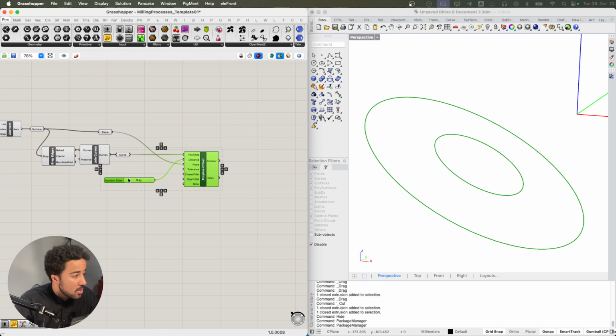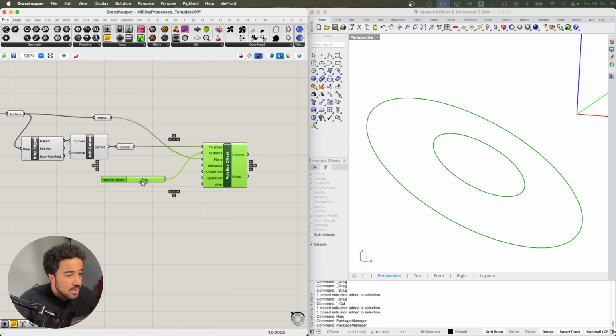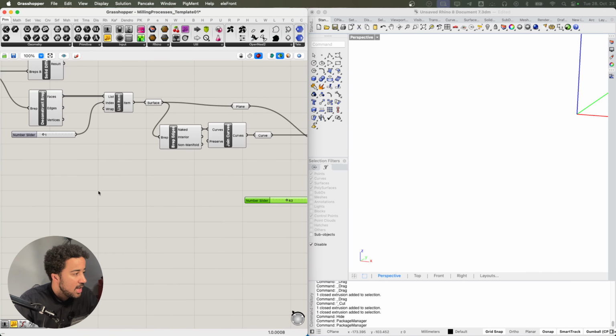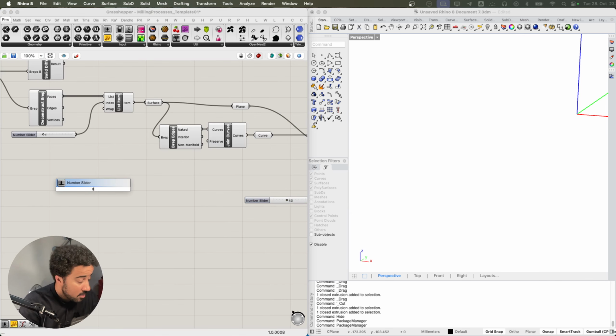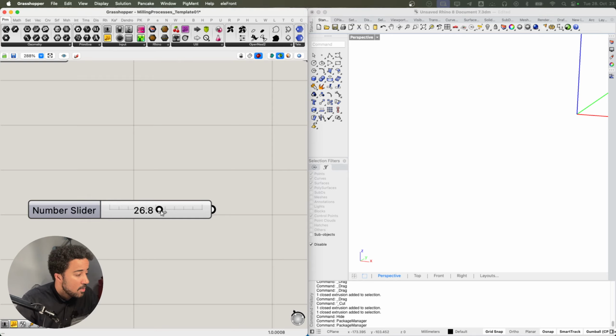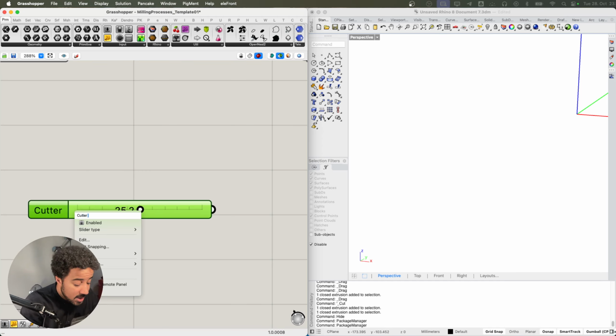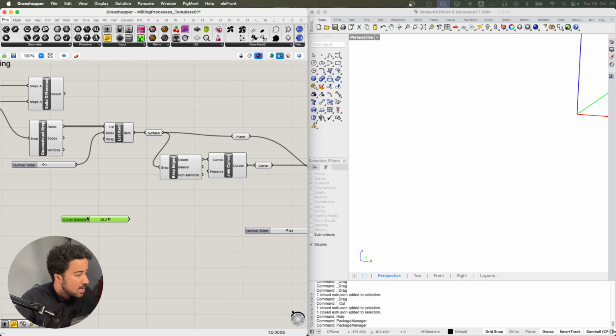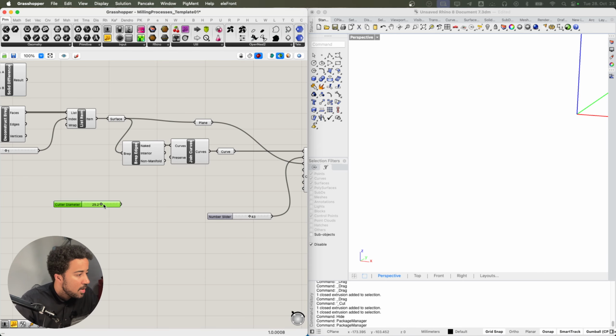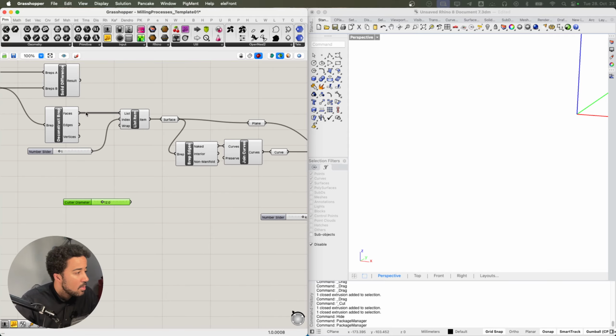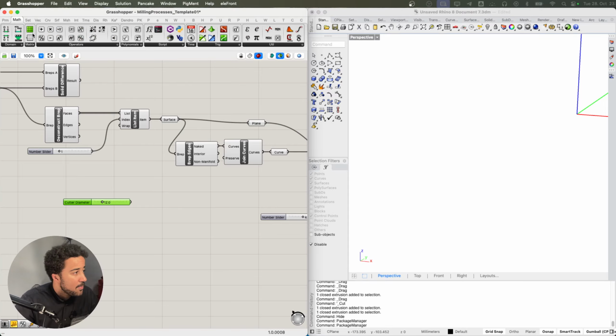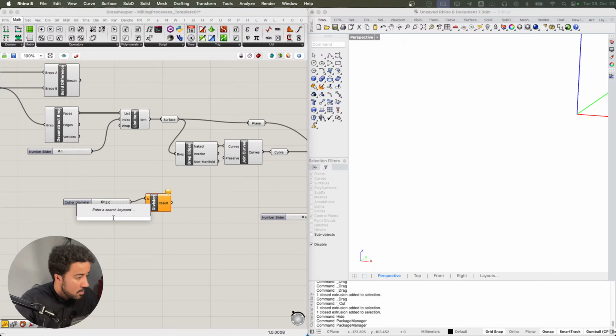So in order for us to not just set this offset distance statically with a number slider, we actually need a number slider, and I will add a number slider from 0 to 50. And this number slider will not be just something for us to set by feel, but instead it will define the cutter diameter. So this is the diameter of our cutting tool. I will just set this to 12 millimeters. And now we talked about getting the radius. So I will use a division component, divide by 2,